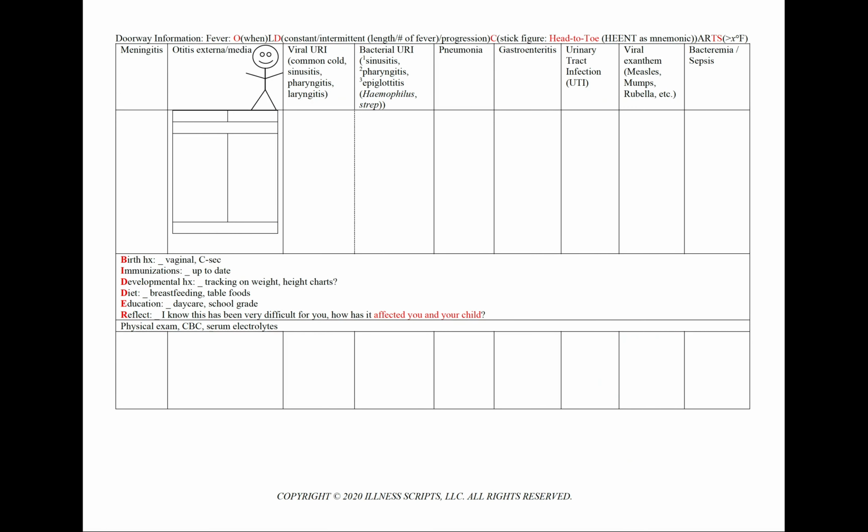For a case of fever, using our mnemonic OLD CARTS, we'll note the onset, or when did your fever start. For the duration, we like to know if your fever has been constant since it started or if it's occurring more intermittently. If that's the case, we'll note the frequency. That is, how long does an episode of your fever last for and how many times per day are you